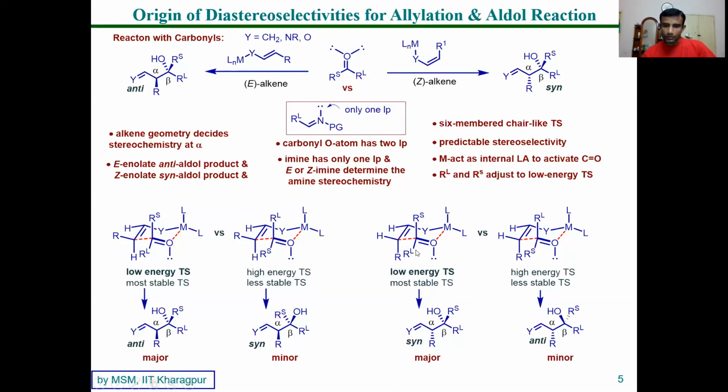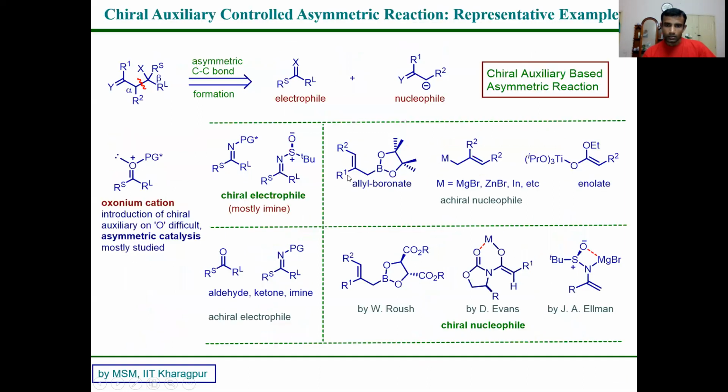Okay. So basically, you can check hints here. This R group, when it is in the axial, the alkyl geometry actually forces it to the axial position. Here R is down for this type of enantiomer transition state, and when R is in the equatorial, it is up. So again, I am saying for these two chiral centers, the alpha center is controlled by alkyl geometry, and the beta center will be controlled by either auxiliary or the chiral catalyst, which I will discuss later on.